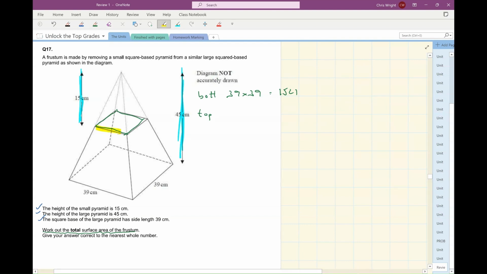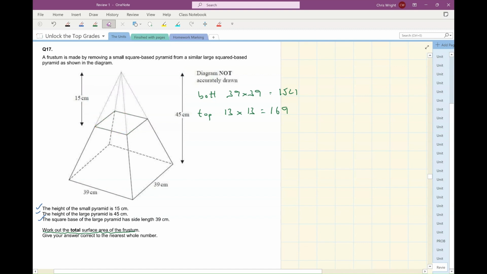So this yellow length will be a third of the 39. So that square here isn't going to be 39 times 39, it's going to be 13 times 13, 169. Okay, so that is the top of the frustum and the base of the frustum, and I'm just left